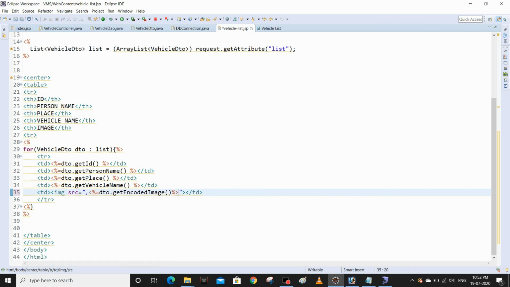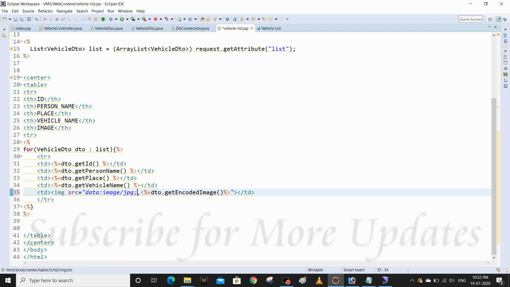So I'm using a comma here and giving data colon, image slash JPG format and semicolon, and by using base 64 pattern. That's all, guys. Save it and rerun my application.